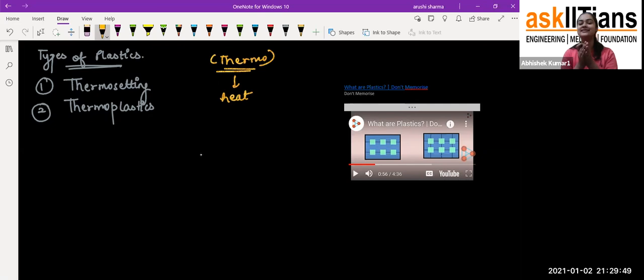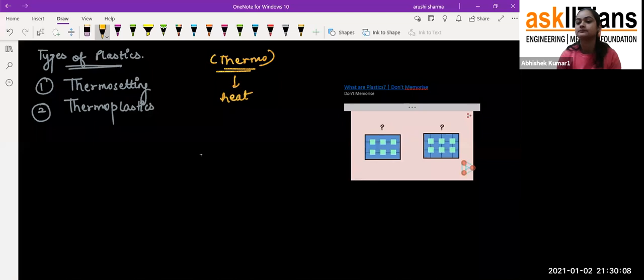So that's how we are getting so many uses of plastic, but they are all different from each other in some ways. As I told you, it is because of the arrangement of the monomers, so you can understand it from here also. One is the linear one and another one is the cross-linked one. What is the difference between the two? Yes, the first one is linear in fashion. On the other hand, the second one is interlinked. This type is called the cross-linking type.